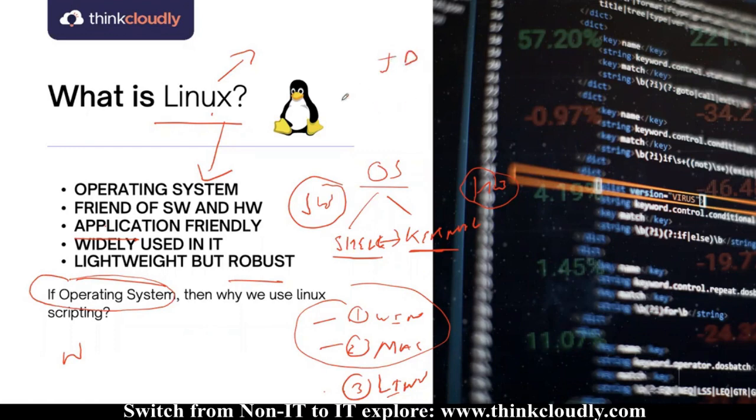And over here in this session, I am saying Linux is the operating system. How is this possible that Linux is the operating system, but the job description is asking about Linux scripting? Okay. So Linux, as I said, has two parts, shell and kernel. The shell is actually the scripting part of it, where you execute some commands to talk to hardware.